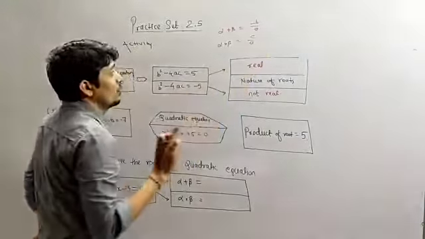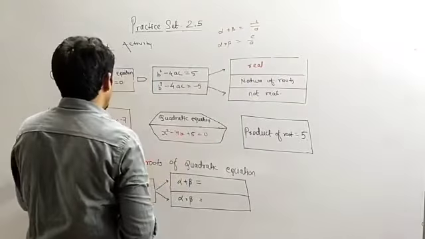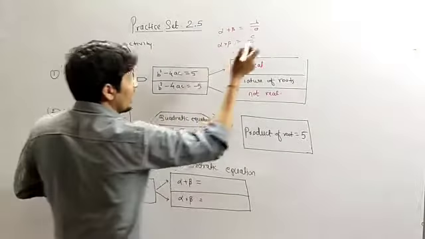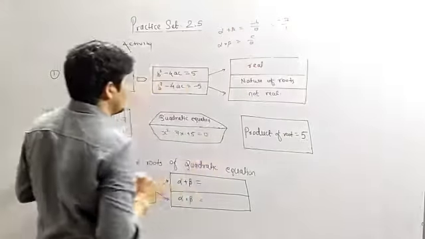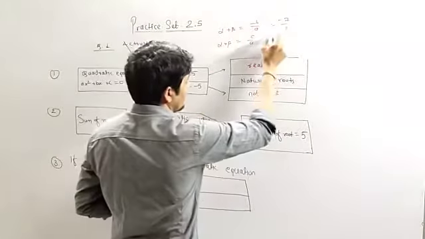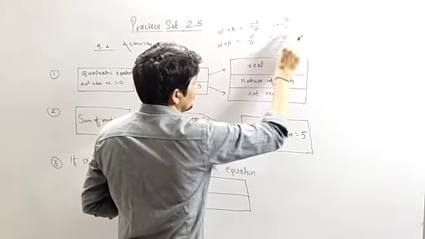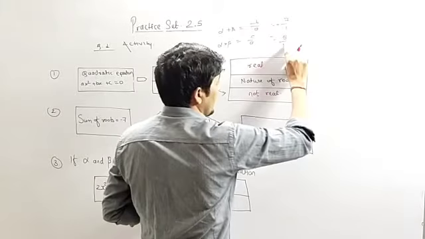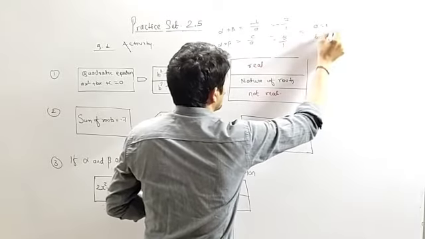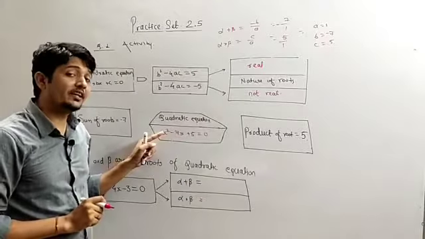Let a equal 1, then b becomes minus 7. It is the sum of the roots, and the sum we call alpha plus beta, so it becomes minus 7 divided by 1. The product of the roots, alpha into beta, becomes 5 divided by 1. So if the value of a is 1, we can decide a equals 1, b equals minus 7 and c equals 5. Likewise we can decide our quadratic equation here.